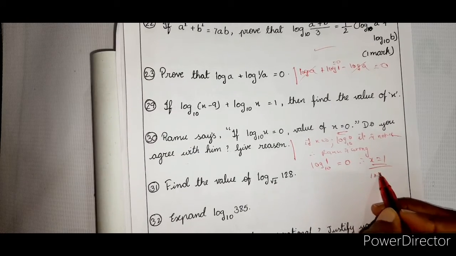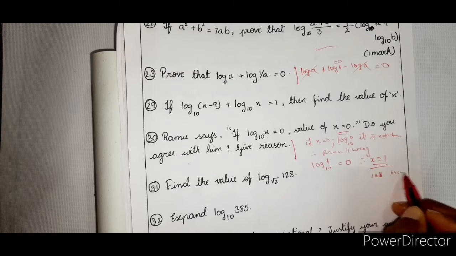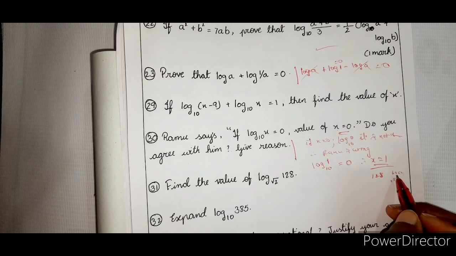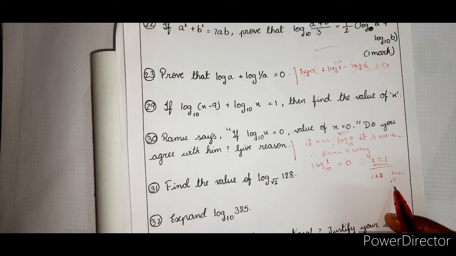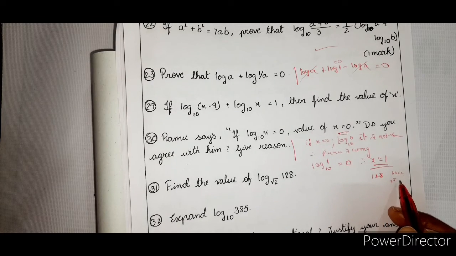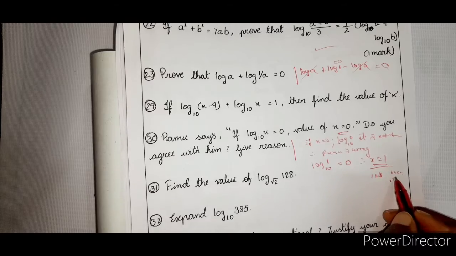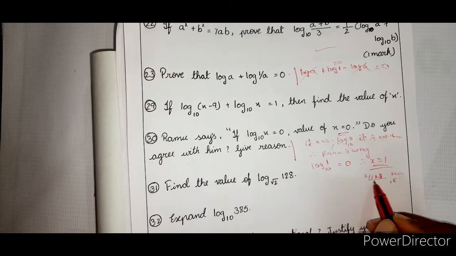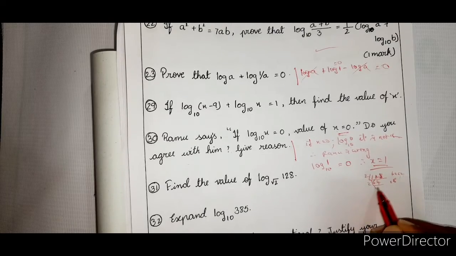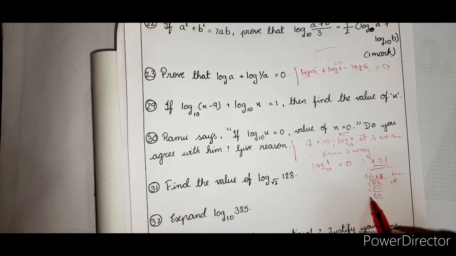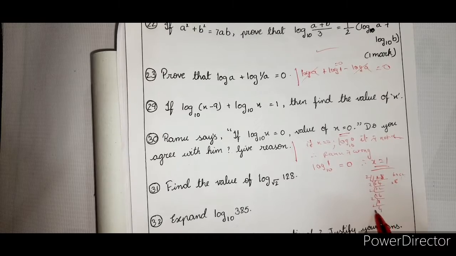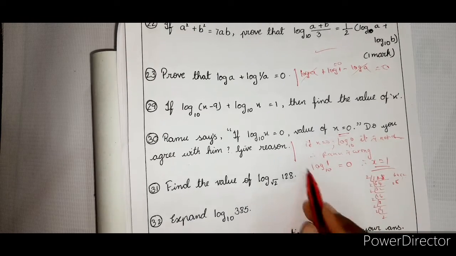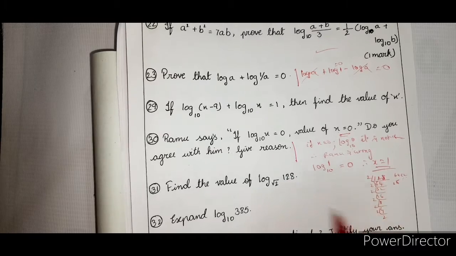128. I think 64 multiplied by 2. 64 is 2 power 6. 2 power 4 is 32, 2 power 5 is 64, no, 2 power 6 into 2 is 2 power 7. Those who don't know that can do it like this: 128 divided by 2 is 64, 2 32s, 2 16s, 2 8s, 2 4s, and again 2 2s. 1, 2, 3, 4, 5, 6, 7. So, those who don't know directly can do it like this.